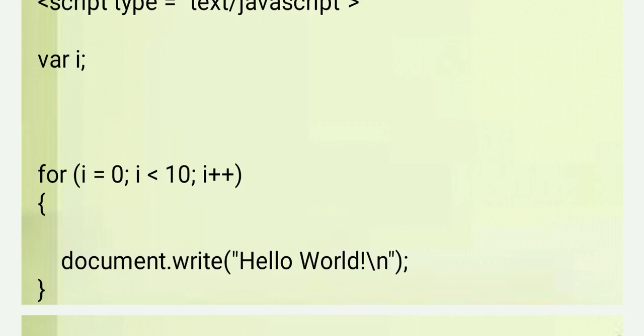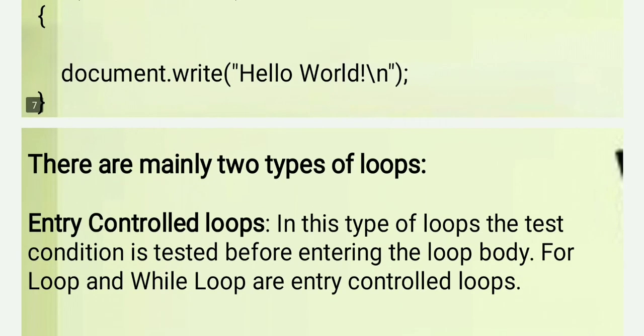Here the condition is tested when you enter the loop body. If the condition is true, then only the control will go inside the loop and execute the commands.